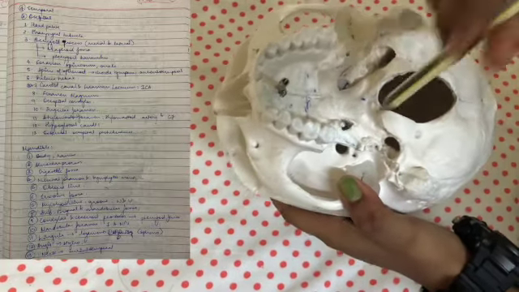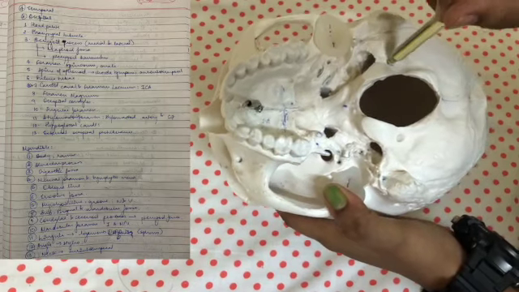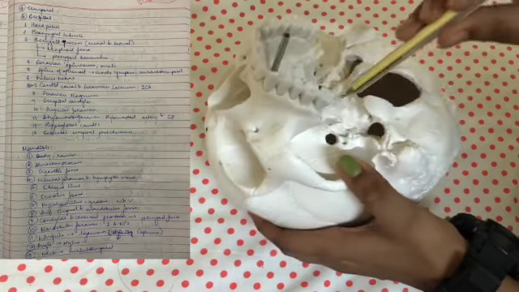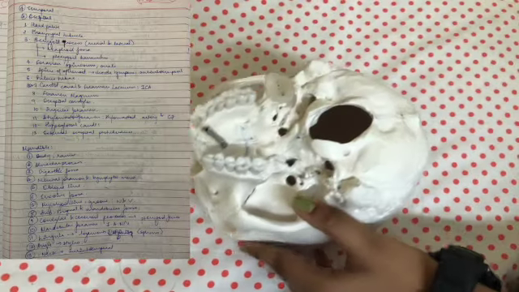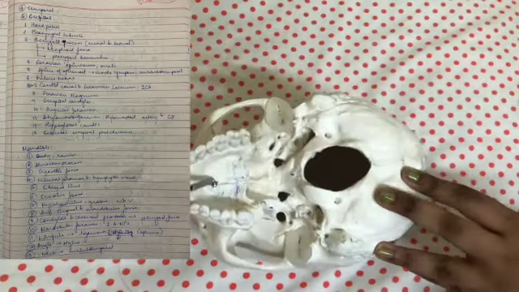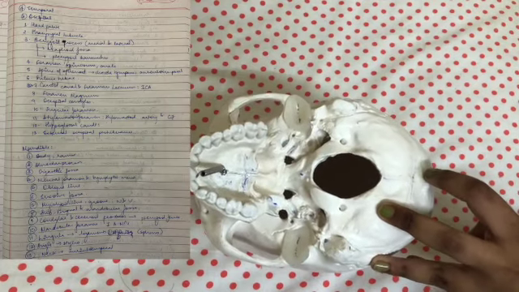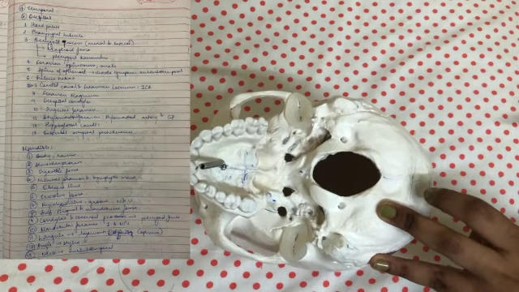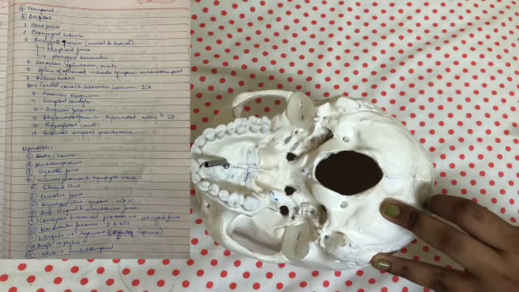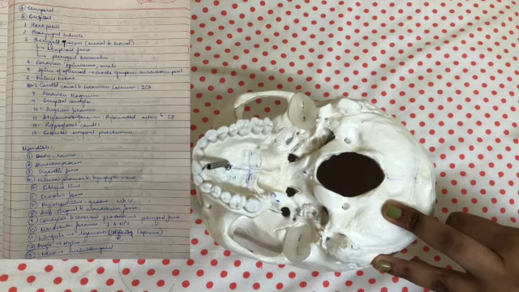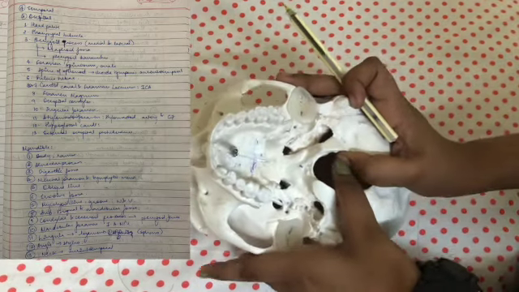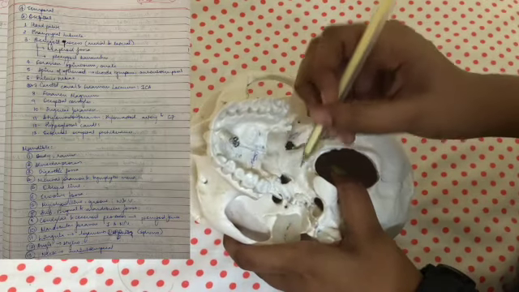So let me explain what a foramen exactly is. A foramen is any kind of opening through which stuff can pass through. Stuff needs to pass through to the brain, outside the brain, from the head and neck, right? So these foramens basically do that work. In this part you can see there are a lot of foramens, and let us discuss these one by one. The first ones that we're going to see here are foramen spinosum and foramen ovale.